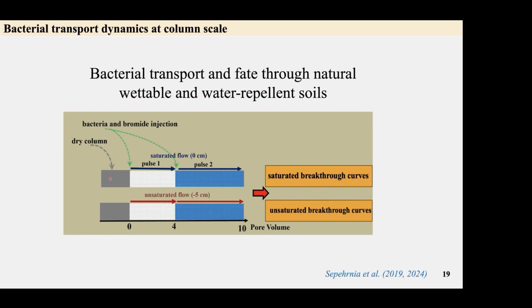So we conducted a similar setup: the columns were dry, we injected bacteria, imposed the first pulse, again injected the second pulse, and continued the leaching. I should add that I worked with 2 flow conditions. One was saturated flow, meaning that I imposed saturated flow using a tension disk infiltrometer. So the water was flowing into the columns under saturated condition, but the columns were dry, I would say. But we also imposed unsaturated flow,